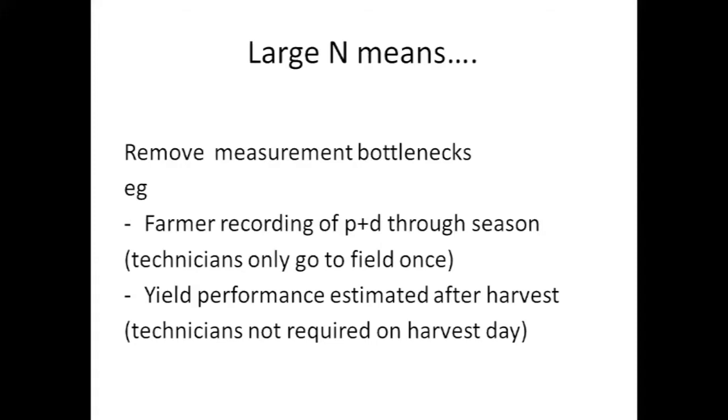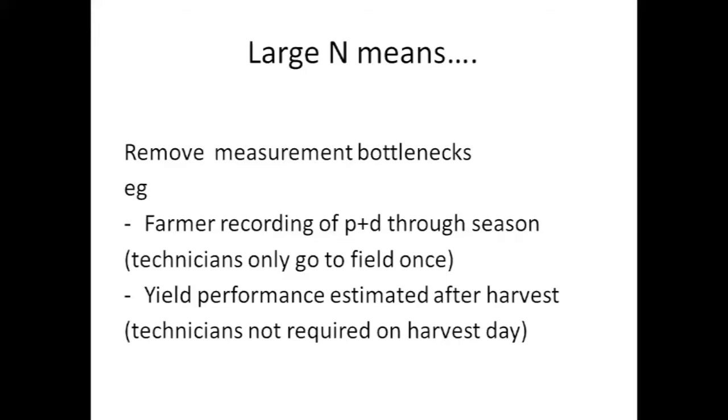Okay? And that's a problem for two reasons. One is you don't know exactly which day any farmer wants to harvest. And it's often hard for the technicians to be in the field for when every farmer is harvesting. There's too many of them. They're all harvesting about the same time. The technicians can't be everywhere at the same time.